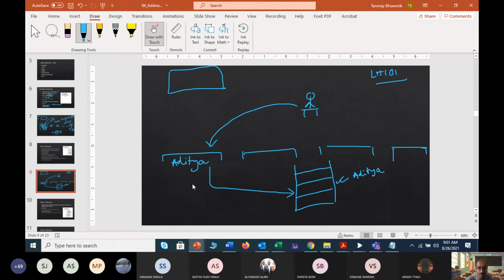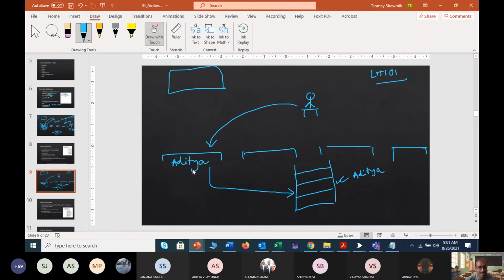If I need it very urgently, he will just rush to the hostel room. He will take back the copy and he will submit it to me. Or if I say that no need to hurry, you can do this later also. Usually I say this because I am a very lazy person. So then I tell Aditya, okay, no problem, you can give me this later.